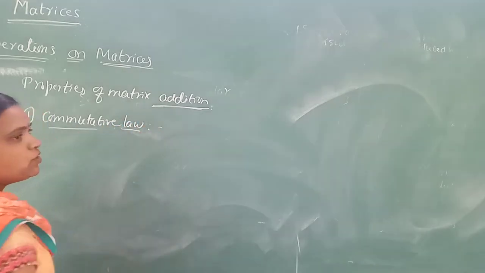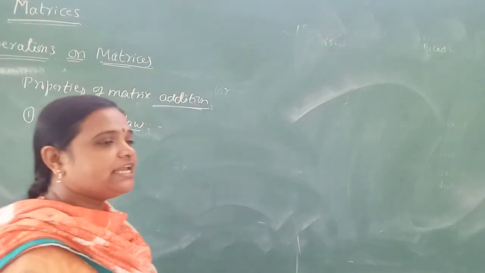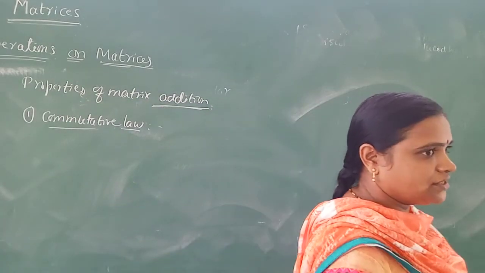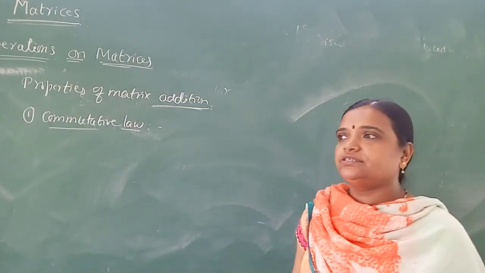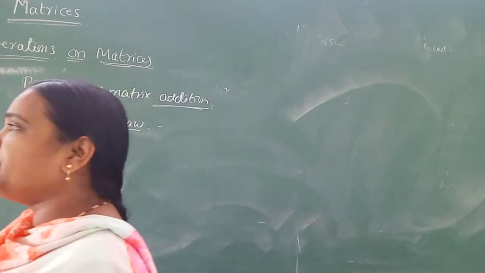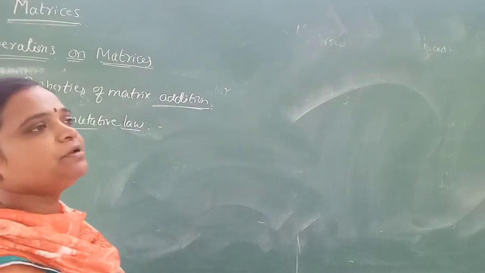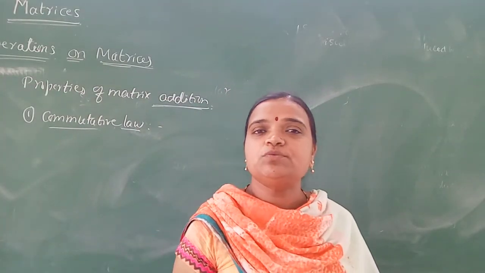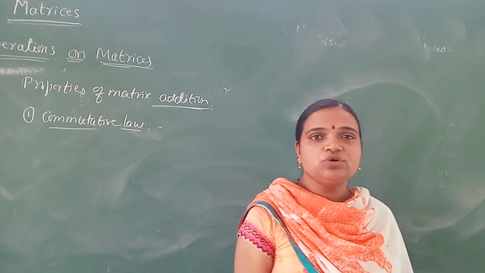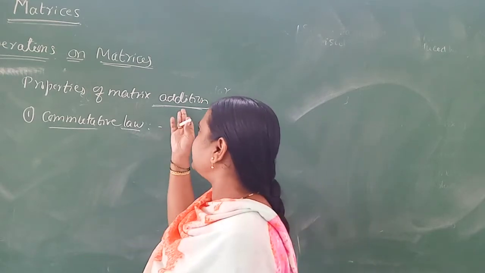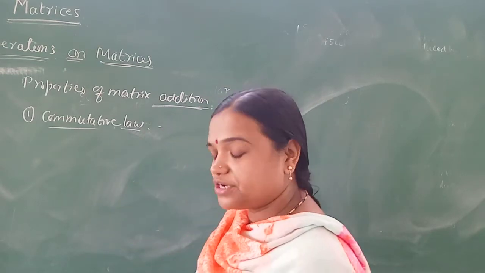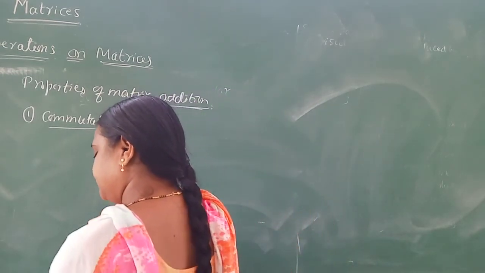As we know in binary operation, if A and B are any two elements in the given group, and star is a binary operation on that group, then A star B equals B star A. This represents the commutative law. But here, instead of star, what is given? Addition. Therefore,